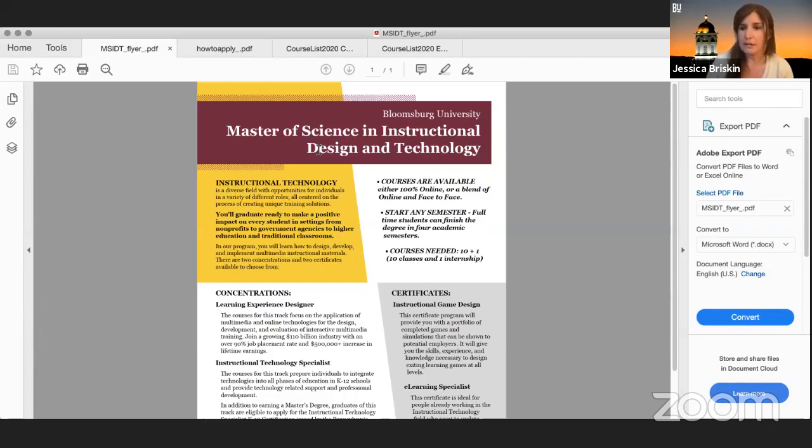And then we do have our residential program. If you are local, we are hopefully coming back, with the pandemic, so we do have face-to-face classes as well. You can also do a mixture. We have some students that like some of the online classes, and with their schedules, they can only do one class a night. So you can intermix the two as well. We have a few asynchronous options.